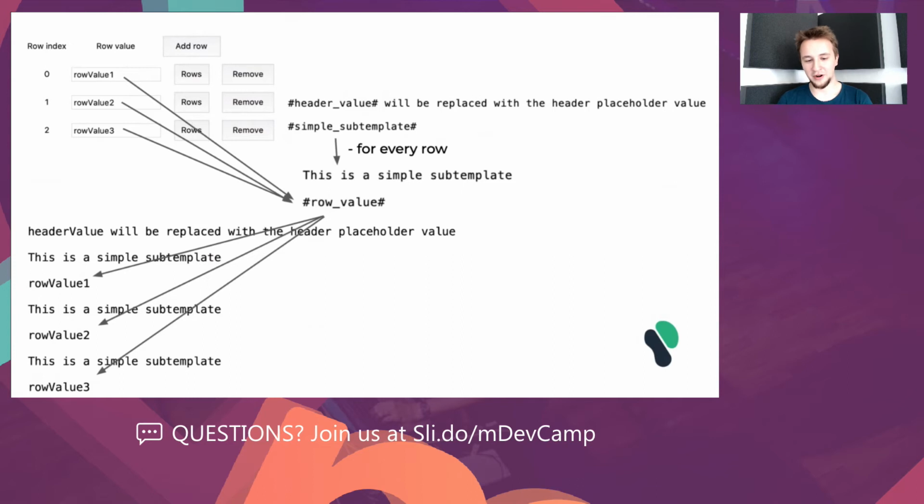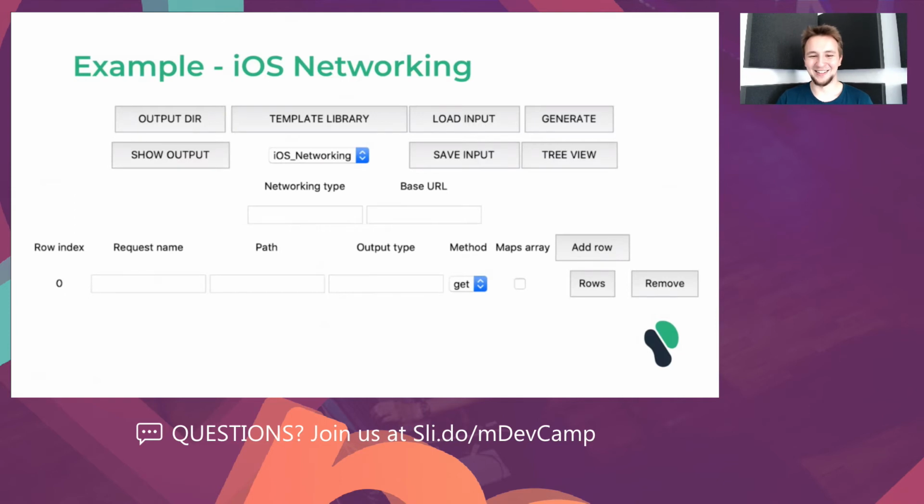So this is at the core. And as you will see later, there are some other options to make this generation process more flexible. All right, so to give a more concrete example, let's see this example of iOS networking,